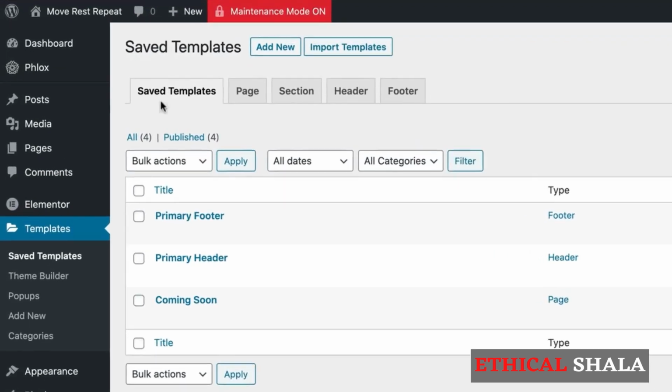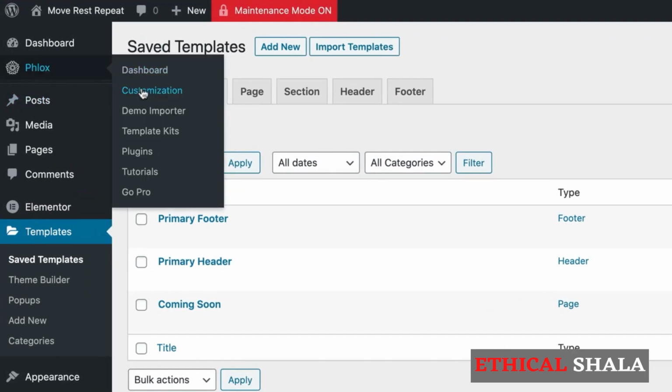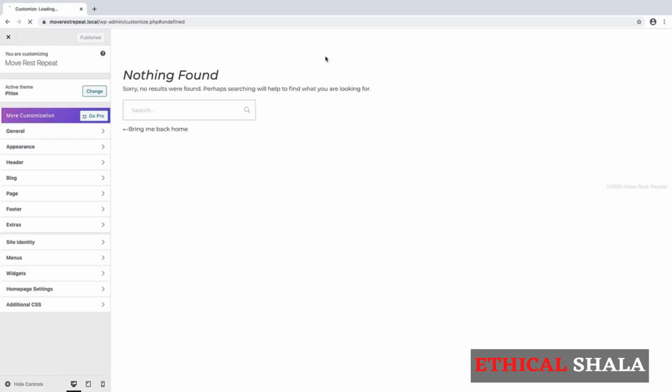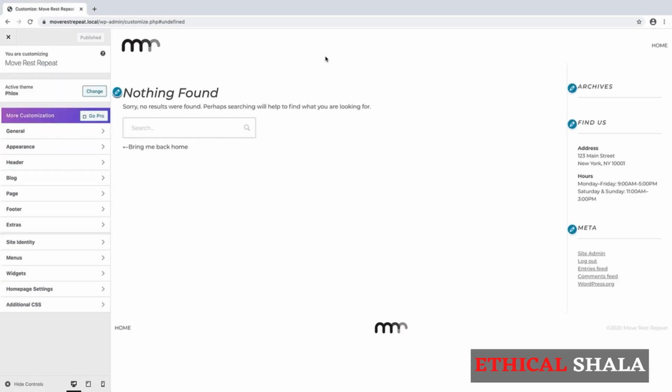So if we come over here to the Flocks item, we'll hit Customization, and that'll take us into a menu where we can customize some site-wide settings. Like I said in a previous video, I like to keep most of these settings configured in Elementor, but most themes come with this type of menu as well, and you can configure settings in there. And there's a couple things in here that we can't configure anywhere else. So let's start by going to General